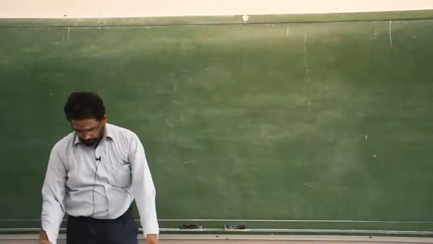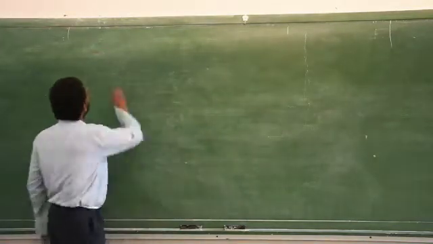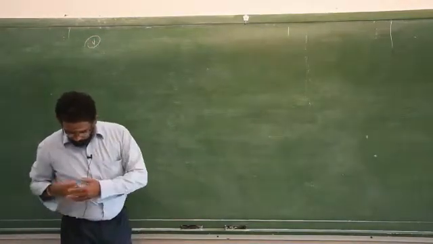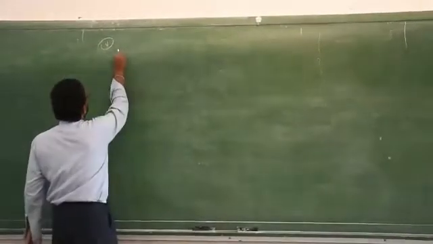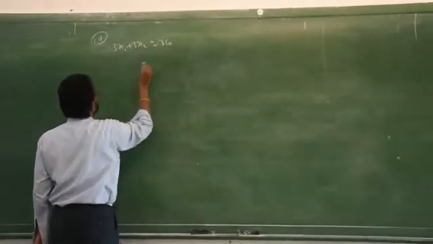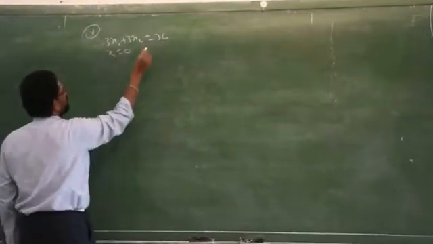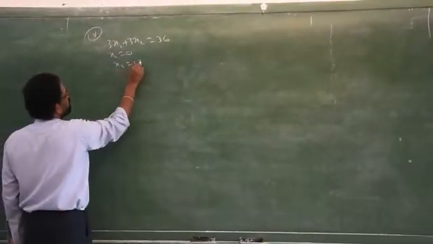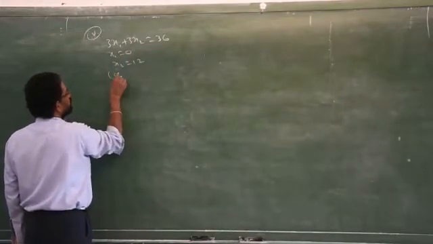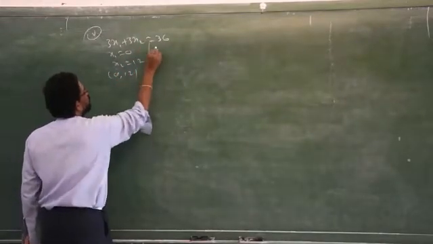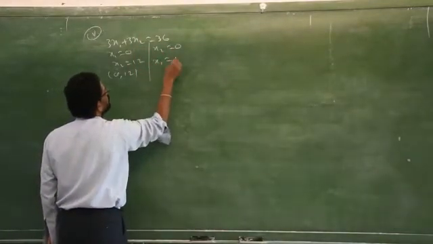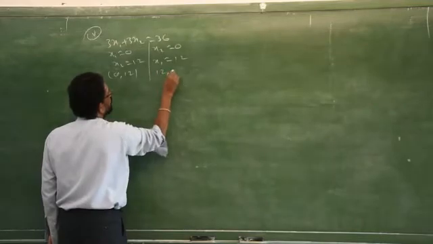Now we will go to sum number 5. That is maximum. We have 3 constraints. First constraint, 3x1 plus 3x2 is equal to 36. As usual, replace x1 by 0. You will get x2 equal to 12. I am doing the calculation straight away. So (0, 12). Then x2 is equal to 0, and x1 is 12. That is (12, 0).